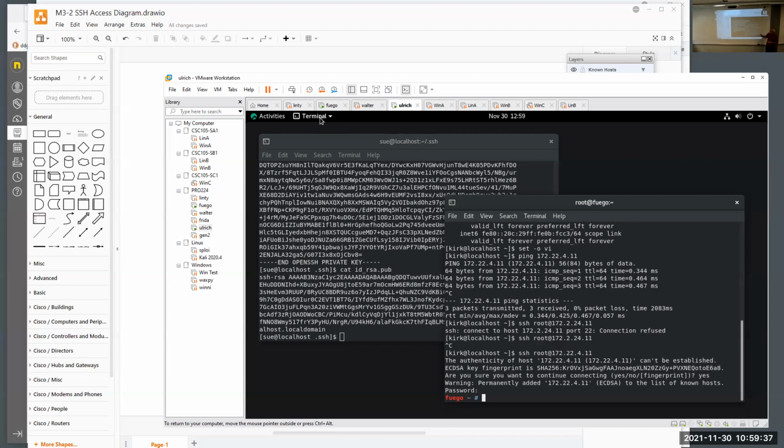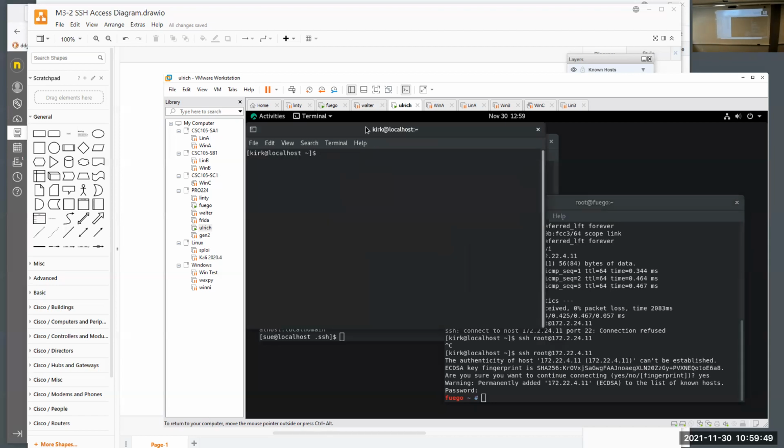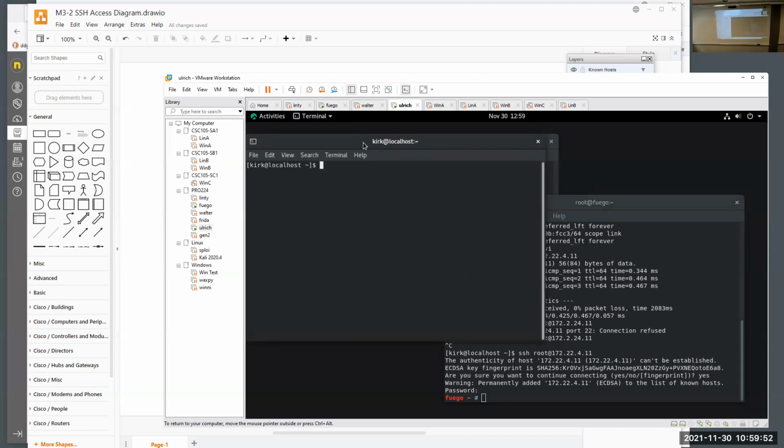Okay, but let's proceed. The first thing we're going to do is open a new terminal window as the user that we SSH into the firewall. So let's go up to the terminal, click on new window. This is going to open a new session as Kurt. That's the user that I use to SSH into the firewall. So let's change directories to .ssh and look in here. And now we have a known hosts file in here. If we cat out the known hosts file,